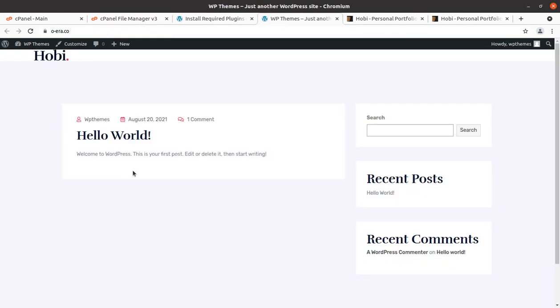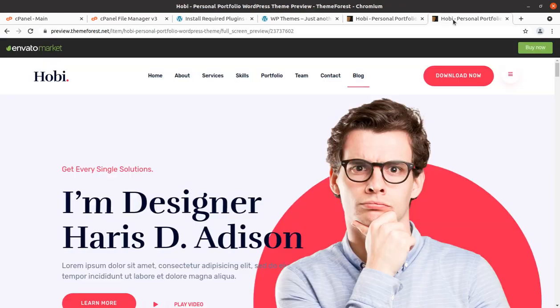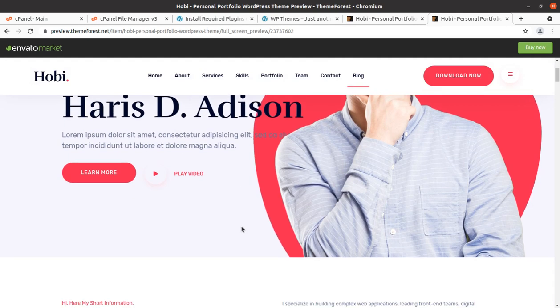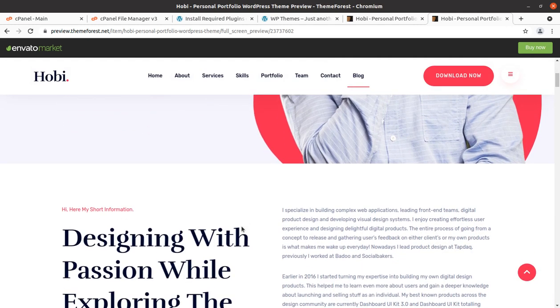This being the Hobby WordPress theme, you will get the complete features of the theme and the associated plugins. Of course, if you want to use your own wireframe, you can start building your website from scratch from here. That is up to you, but mostly people use a pre-made website, and this is what WordPress is known for. It gives you the privilege to use a pre-made website, put in your own content, and start using your website.